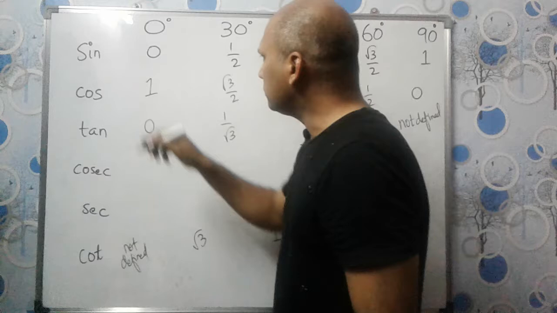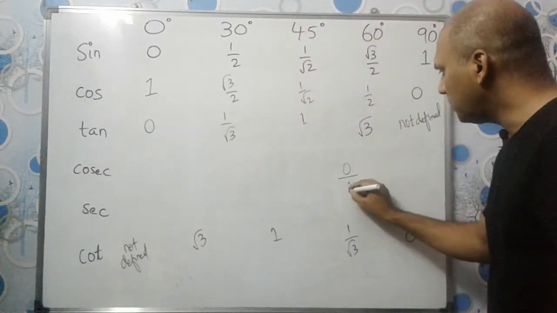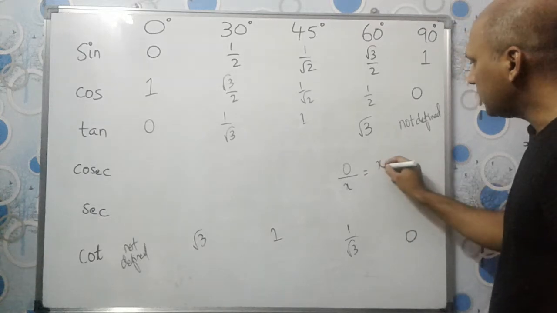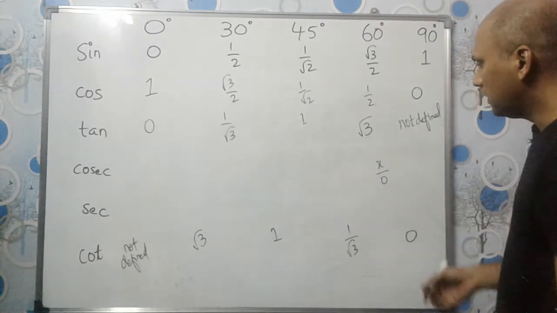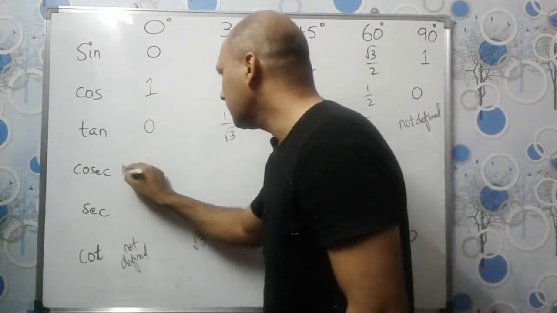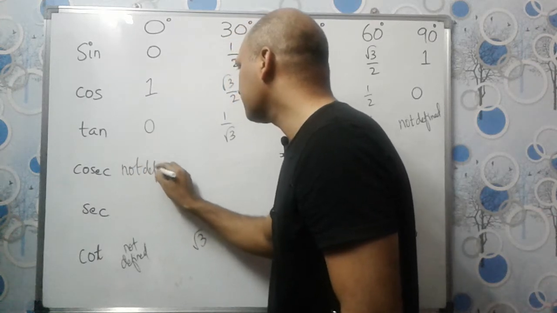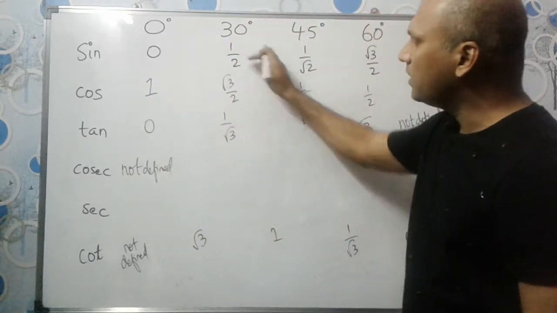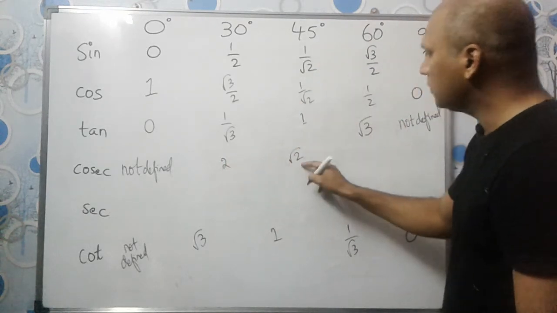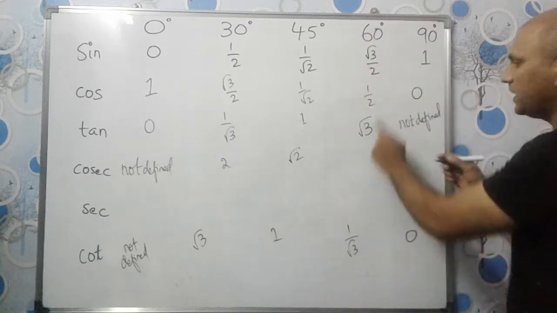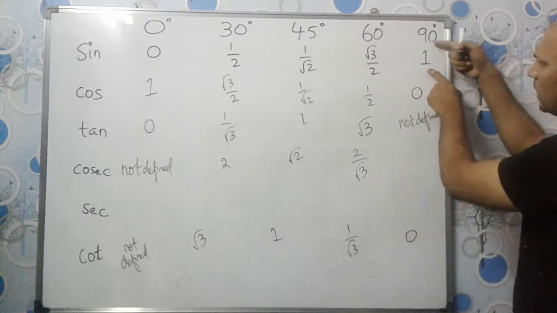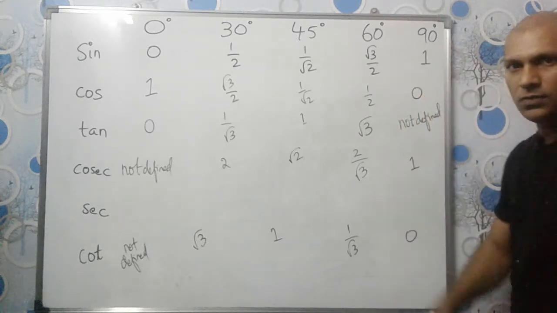So this is 0, that means it is something like 0 by 1 or 0 by any number, something like x. So if you reciprocal that, it will be x by 0, right? X by 0 is what? Not defined. When 0 comes in the denominator, we cannot define that number, right? So it is not defined. Let us write reciprocal here. 1 by 2 is 2 by 1, or let it be 2. 1 by root 2 is 2 by root 1 or root 2. Root 3 divided by 2 is 2 by root 3. And this is 1, it is 1 by 1. So 1 by 1, if you reciprocal, it will be equal to 1 only.